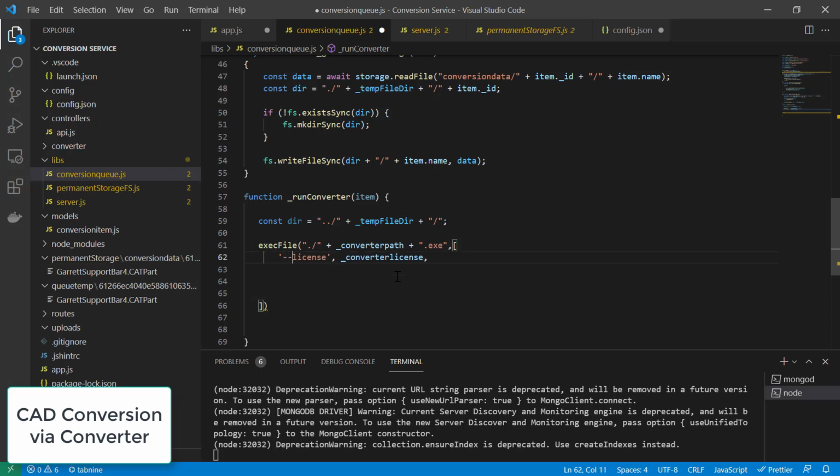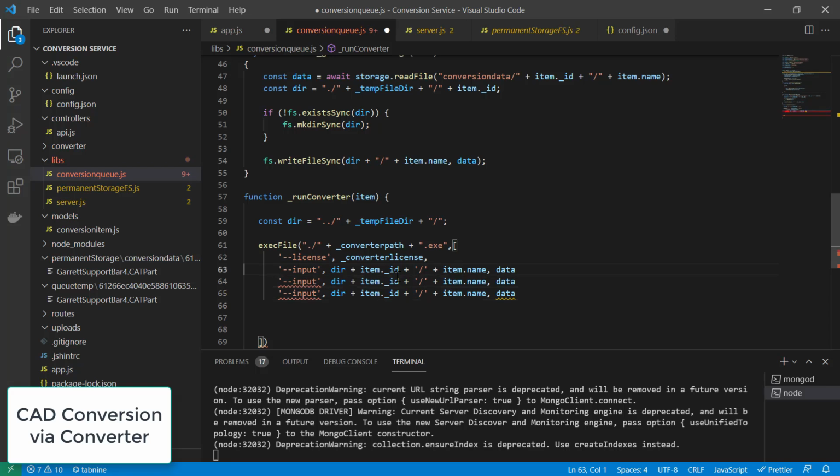Let's not forget the double minus here. Input file, which we assemble essentially from the temp file directory. This is where our file has been placed. Plus the ID, which is the unique identifier of the converted item,